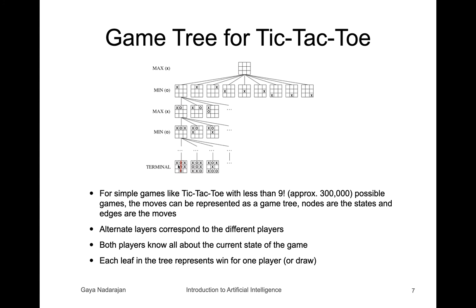1, 2, 3, 4, 5, 6. You've won it in 6 steps, so the depth is only like 1, 2, 3, 4, 5, 6, right? And here, well, you're at a draw situation, but you've taken 9 steps to play the game. And here, it's also a draw, but you've only maybe finished at 7 steps. Okay, so not all games will go all the way down